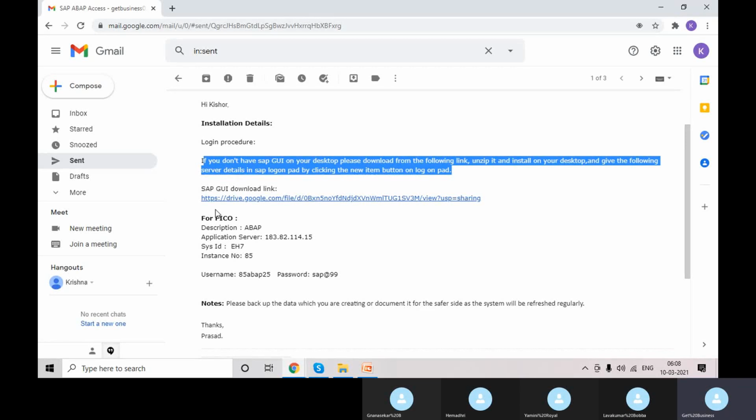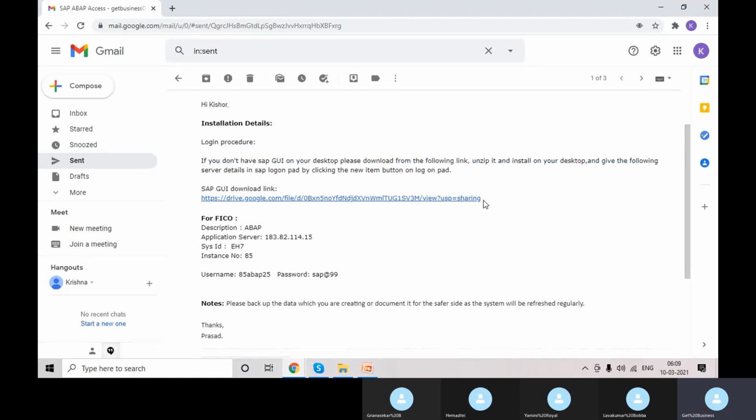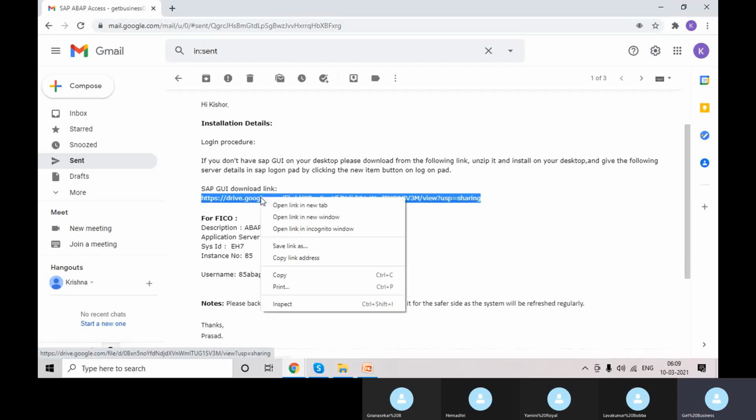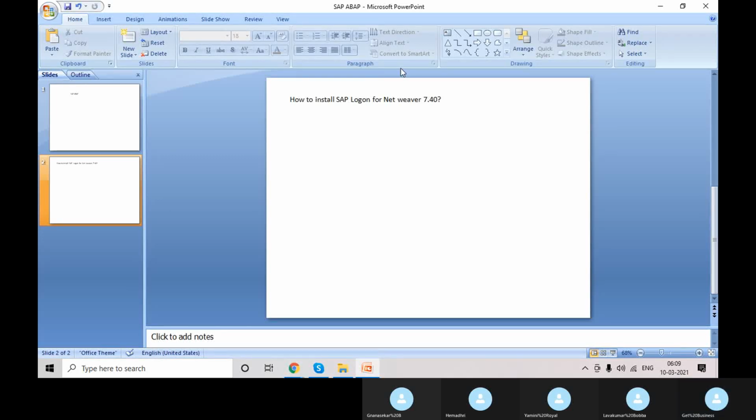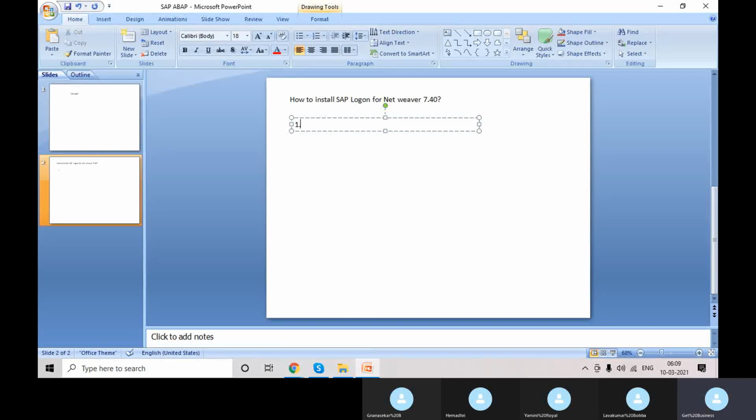Okay, so first we need to download this from this Google Drive. Okay, so let me capture it. Download the wheel icon from below here.